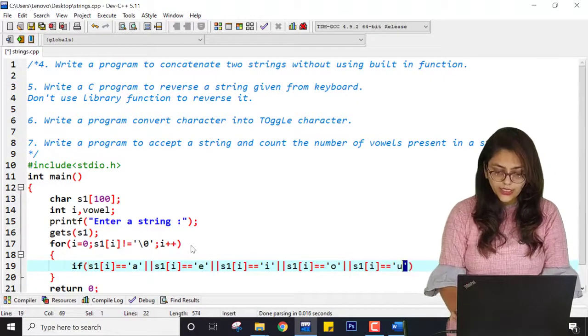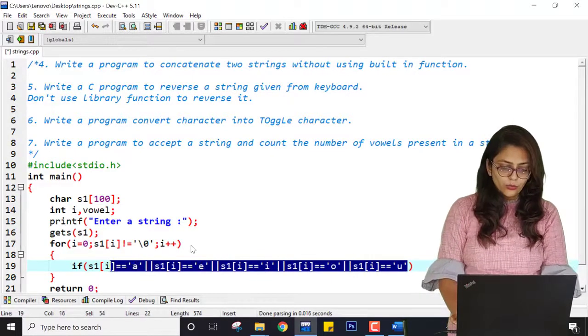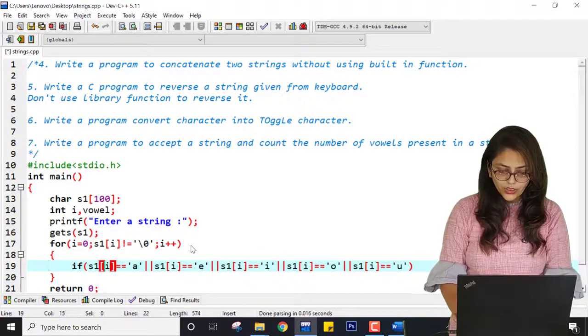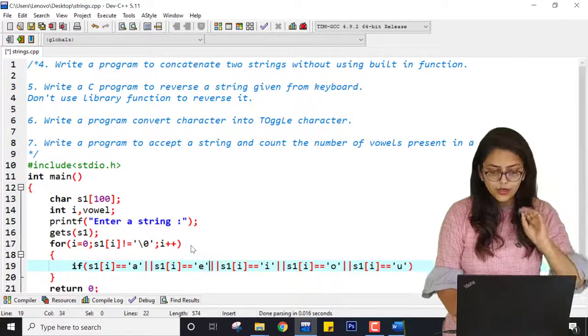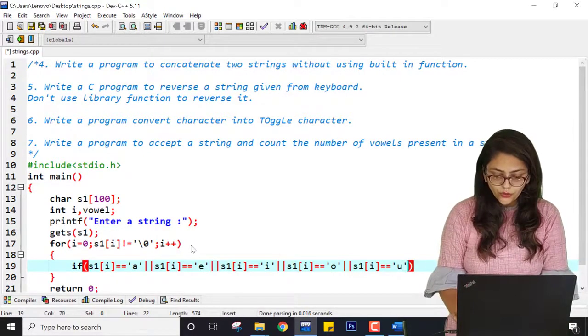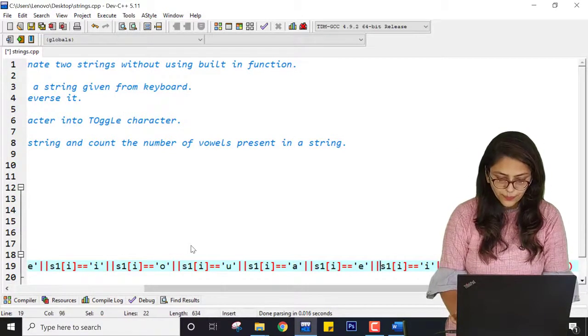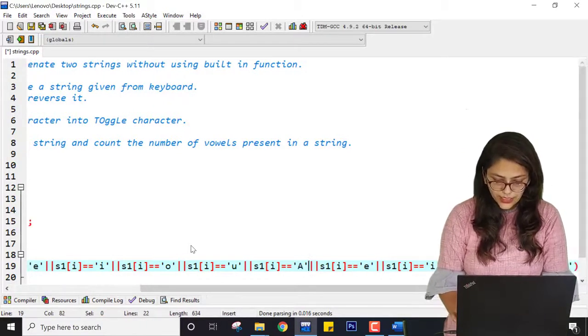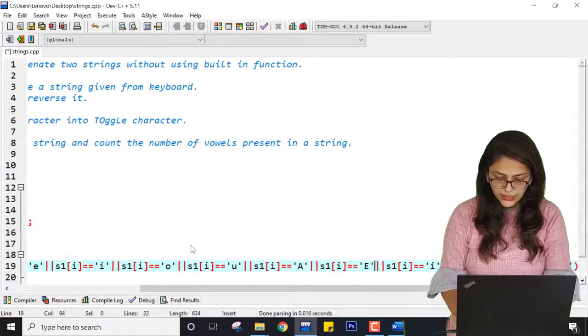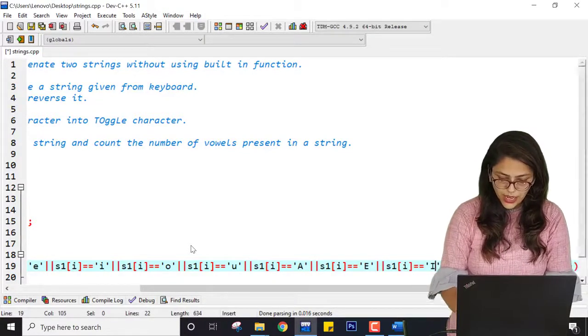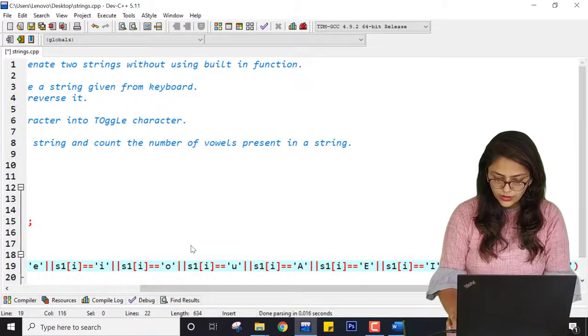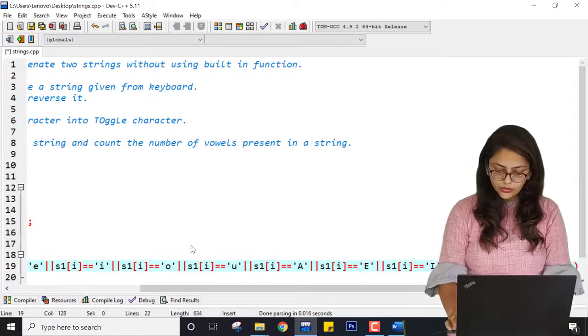Now this is not enough because I also have to include the upper case alphabets. So for that, again or, and here it will be capital A, capital E, capital I, capital O and capital U.